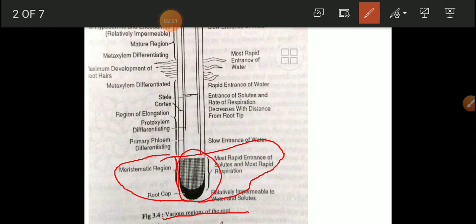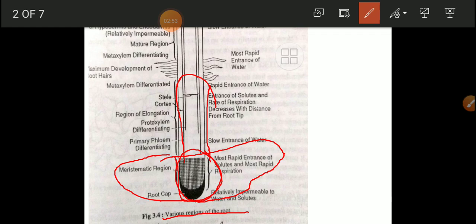Just behind the meristematic region, we find the region of elongation. Just above that elongation region, we can find the most rapid entrance of water,